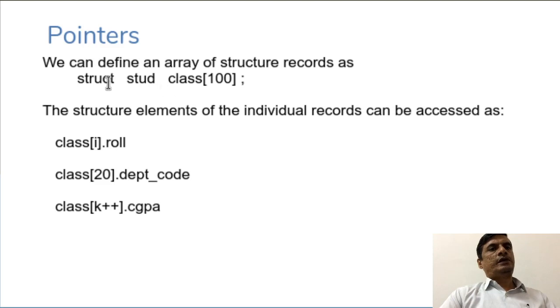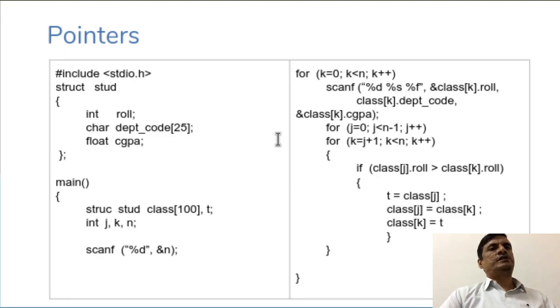So here is a structure, a class, where you access it through a member. This was explained when we explained the pointers. If it is a normal structure variable, where there are 100 elements of the type structure stud, each one is going to be accessed like this, either with i, which has some integer value, or k, which has some integer value, etc. So the same thing is going to be explained here.